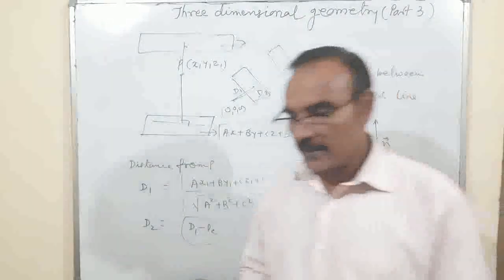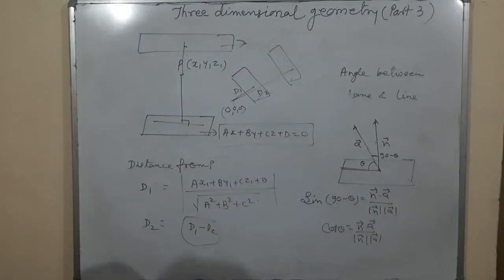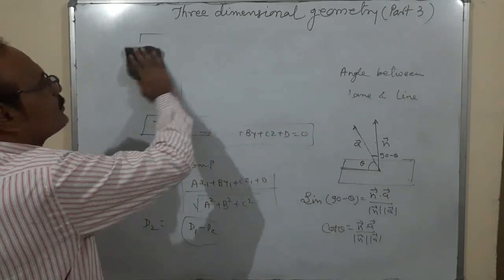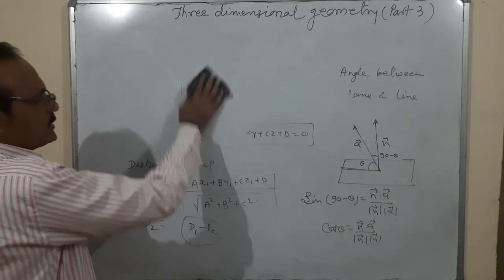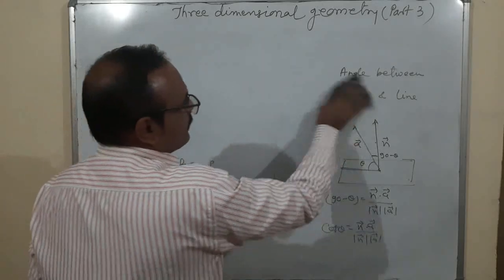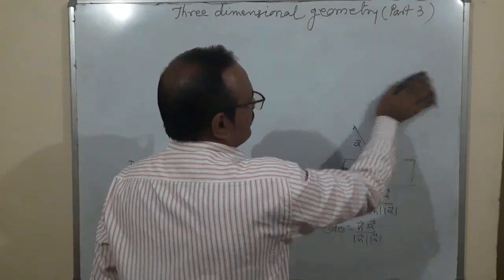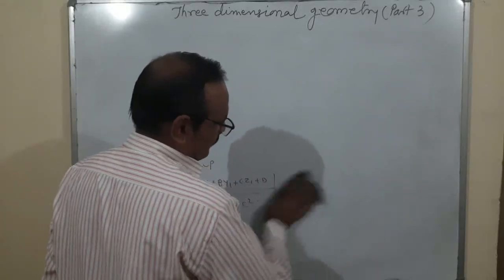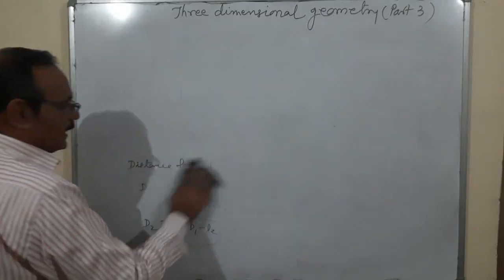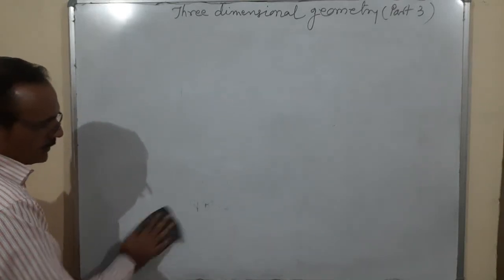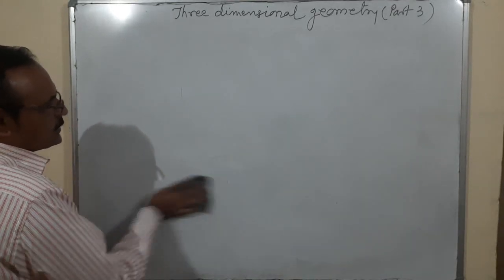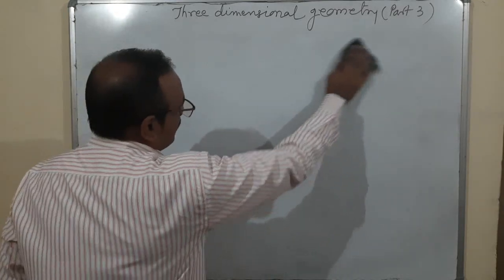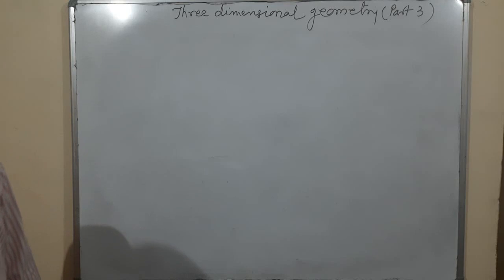Once again, let me recall for you. The general equation of the plane is Lx plus My plus Nz is equal to D, or Ax plus By plus Cz is equal to D; in the vector form, vector r dot unit vector n is equal to D. Second, the equation of the plane passing through one point: A(x minus x1) plus B(y minus y1) plus C(z minus z1) is equal to 0.